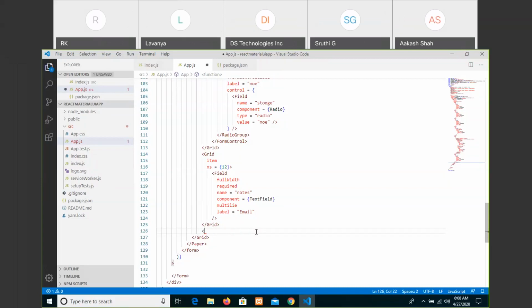Text field, and now we are creating a drop down. Let us create. So let me take this one in the grid.